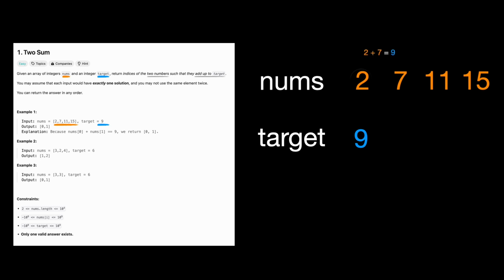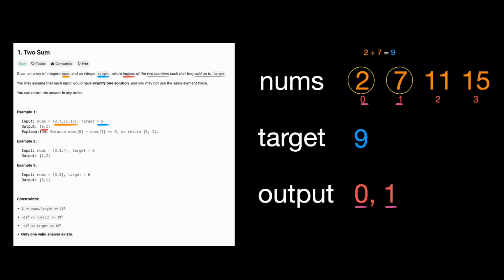Well, 2 and 7 can be summed to add up to 9. The problem tells us we need to return the indices of these numbers. So we return a list containing 0 and 1, which is the index of 2 and the index of 7, respectively. They also tell us that we can assume the input has exactly one solution and we may not use